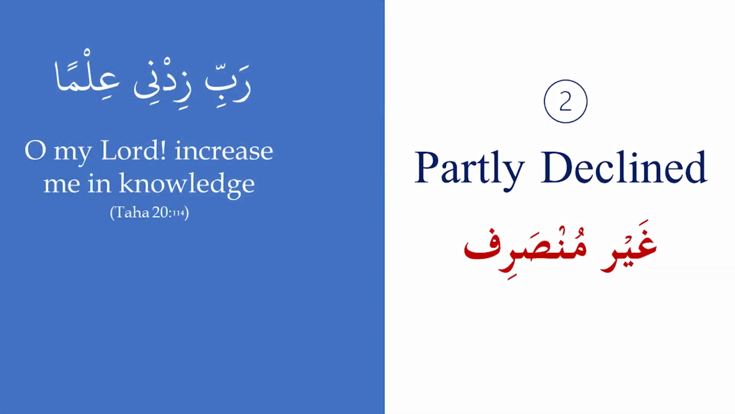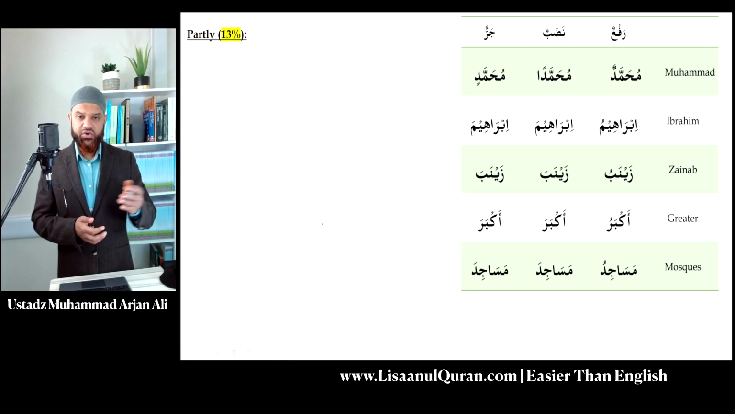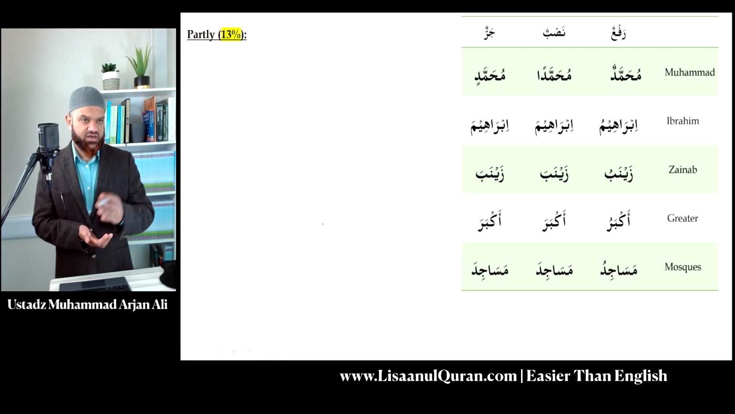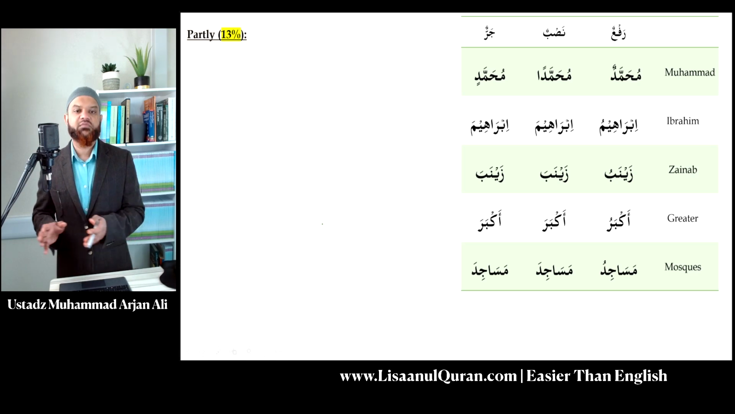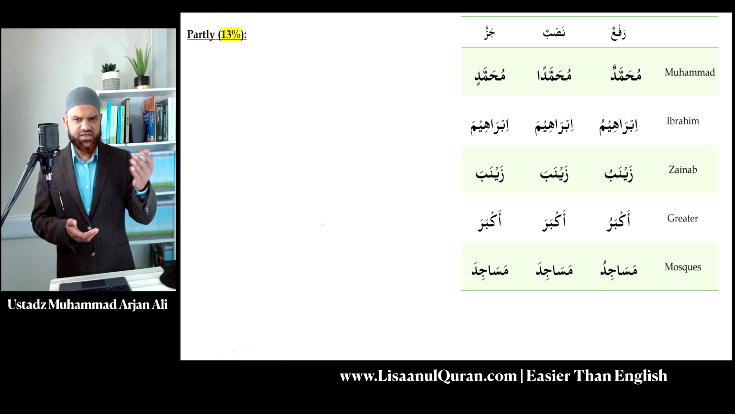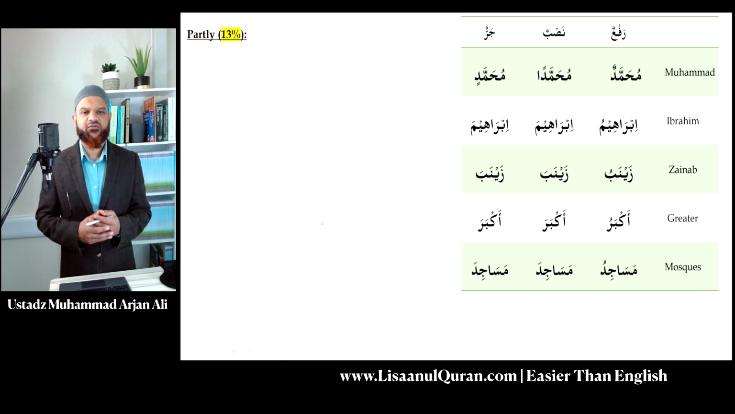Partly declined, ghayru munsarif. On the screen, you have a list of words. Again, the first one I'm sure you recognize, Muhammadun. It belongs to the main group that I've already mentioned, the fully declining. So this is a munsarif word. So Muhammadun, Muhammadan, Muhammadin. I put it there as a reminder so you can distinguish from the next group,